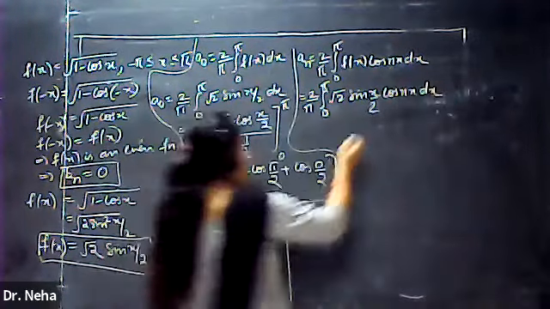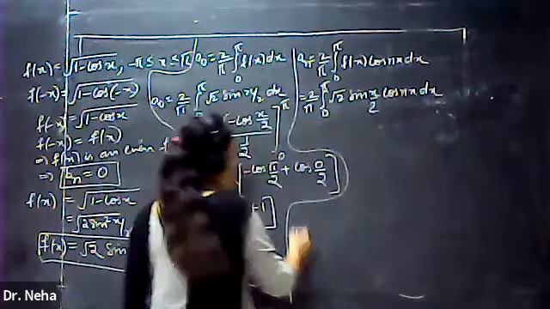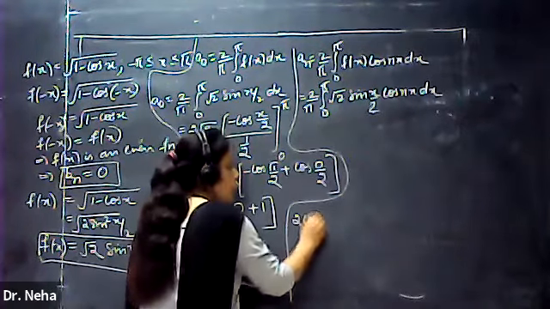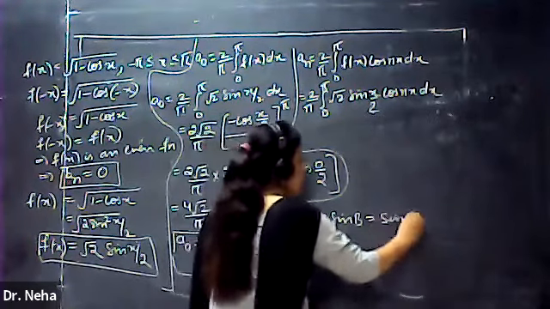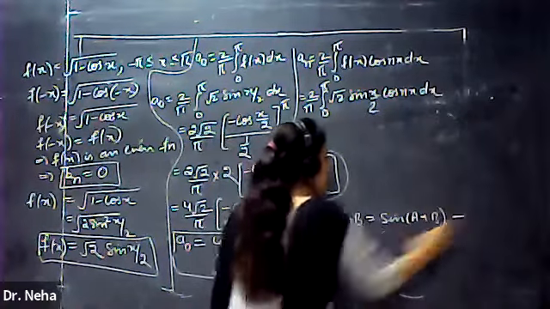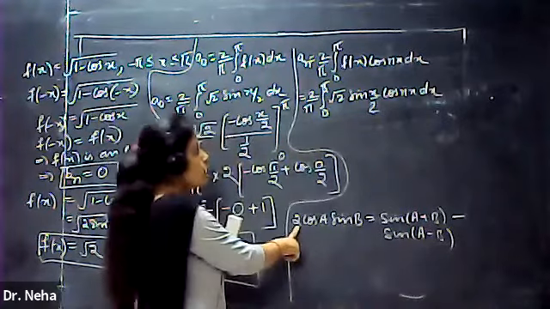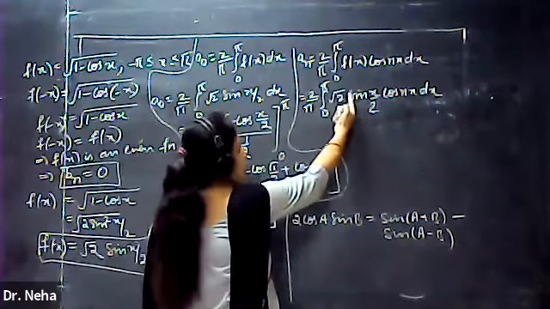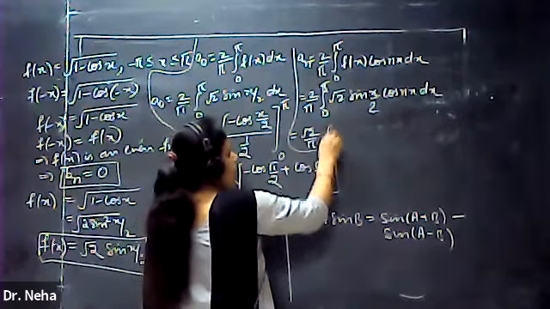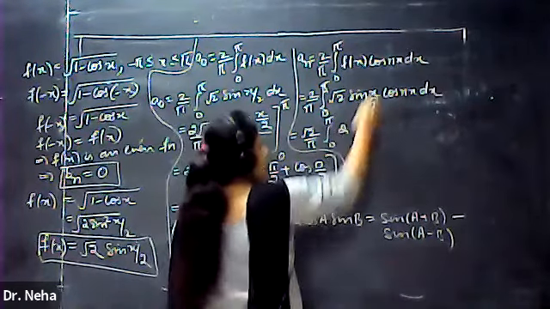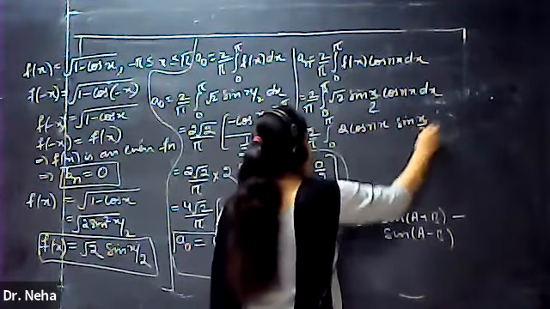Now see, we cannot integrate these functions by parts because sine and cos are in multiplication. So we need to use a formula. What is that? 2 cos A sine B is given by sine of A plus B minus sine of A minus B. For that we first need this 2. So let's take this 2 inside the integral and square root of 2 outside the integral. So it will become square root of 2 by pi, integral 0 to pi, 2 cos nx into sine x by 2 dx, writing cos at the first position.